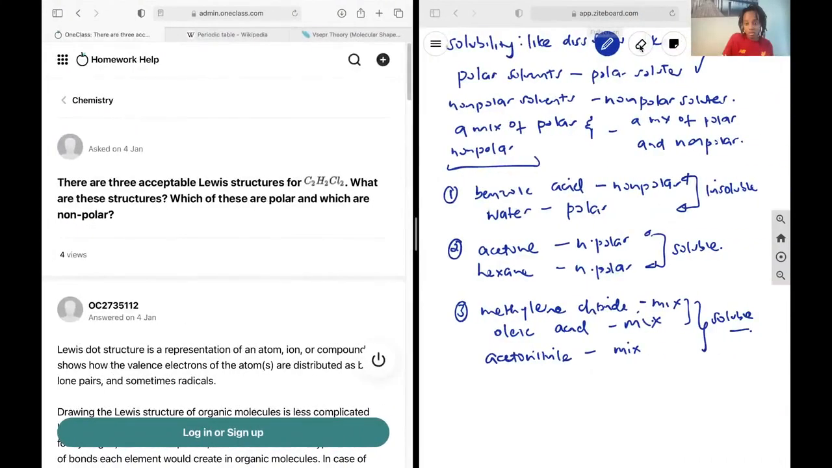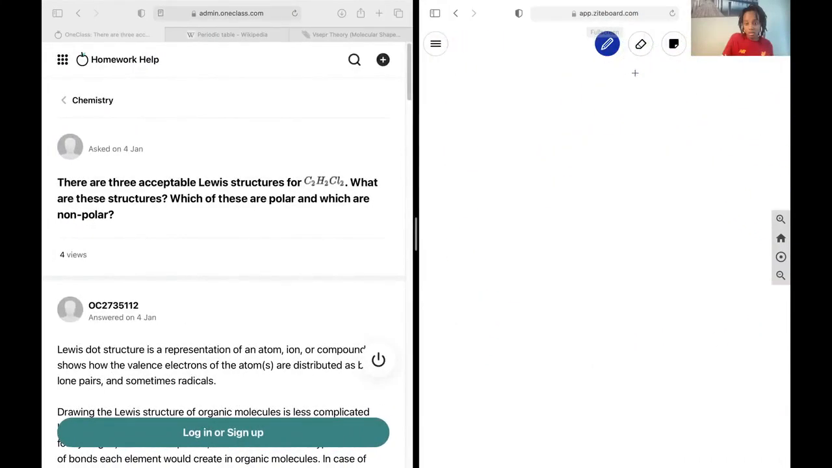Sorry about that. Next up, we would like all of the acceptable Lewis structures for C2H2Cl2. What are these structures and which of them are polar or non-polar? Okay, and so with organic compounds that are in the format of C,